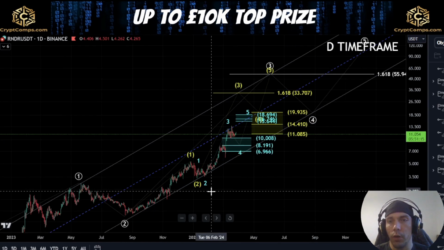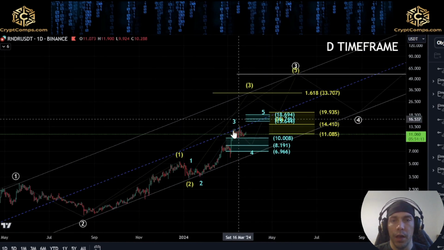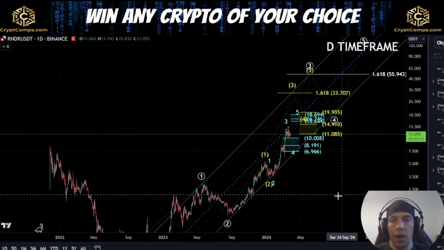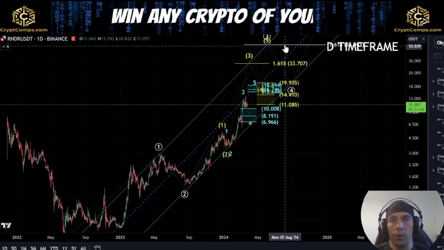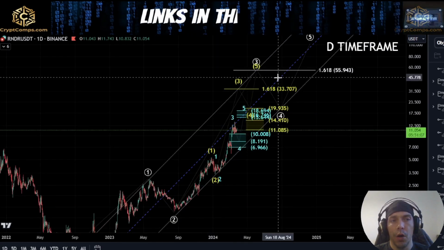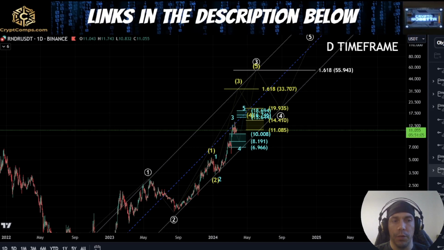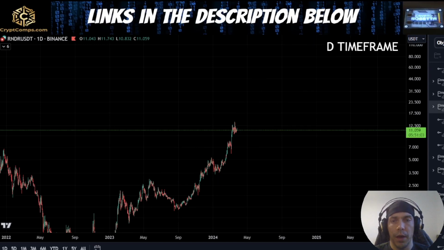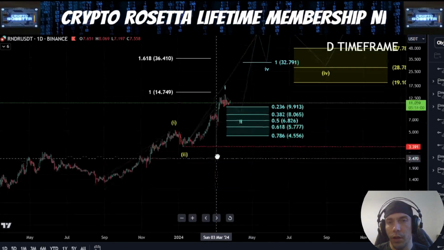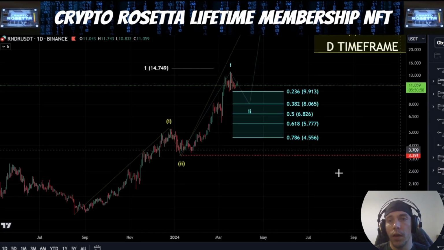So that's what I'm currently looking for at the moment. We're going to go over the lower time frame counts in a second, but what I want to see here is whether we are looking to progress directly up here or whether we're going to see a bigger retracement first. Now, if we are looking at the possibility of seeing a direct extension, this is also a possibility, where what